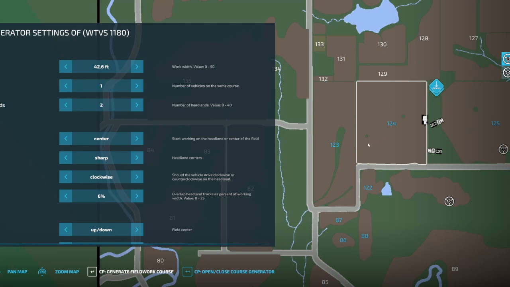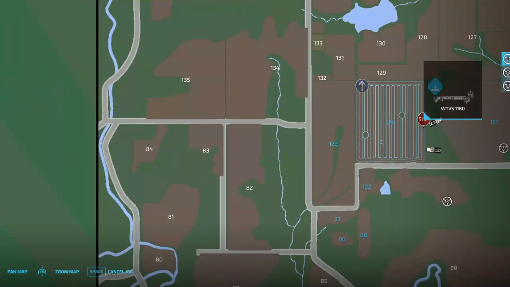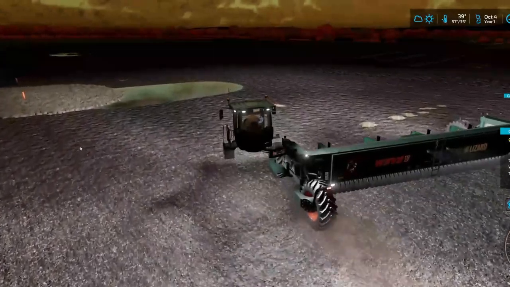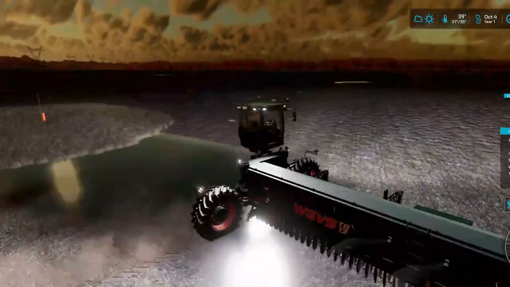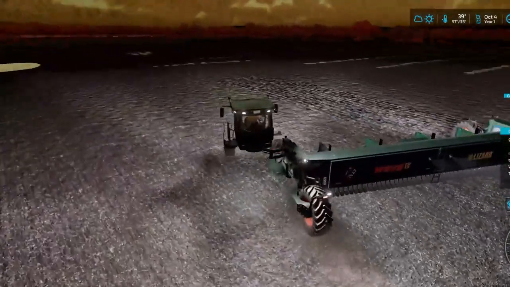It's a relatively square field, so it should be relatively easy for this to do its thing. What I need to do is make sure we throw that on. Not going to be too concerned about returning to starting point, but we will set it to where it raises late and lowers early. Again, there are parts that you can see that we've plowed, and that's just getting rid of the old grasslands. I thought about raising up some of these parts of the field that currently get water when it rains, but I just find that